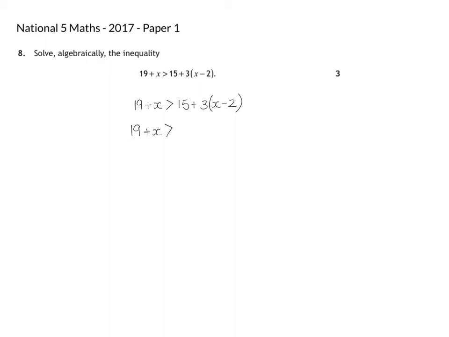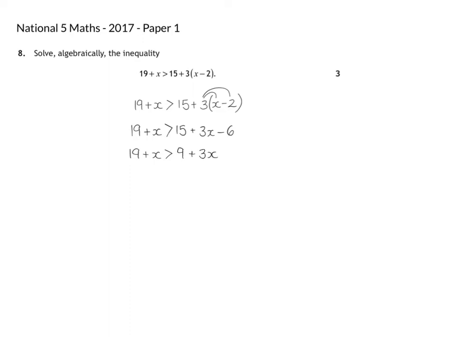So our left hand side hasn't changed. We've still got the 15, but we've got 3 lots of x. So we have 3x, and we have 3 lots of -2, so we've got like a takeaway 6. So again, we can simplify things here. So we've got 19 plus x over here. And then on our right hand side, we've got 15 takeaway 6, so that's the same as 9, plus